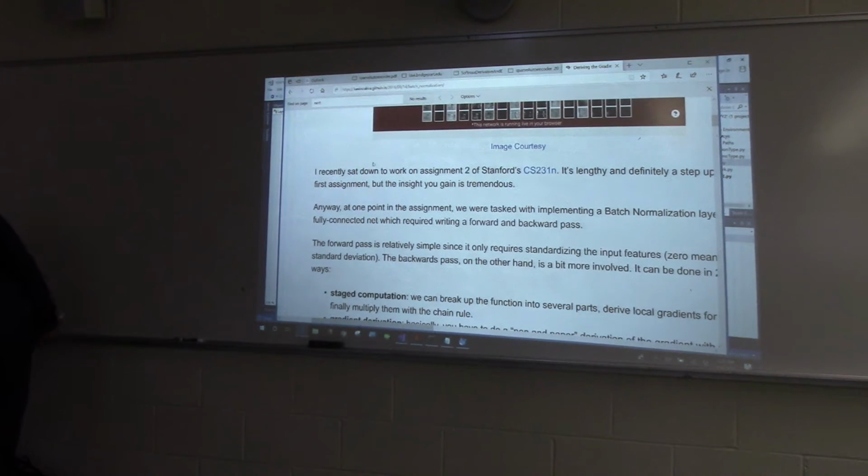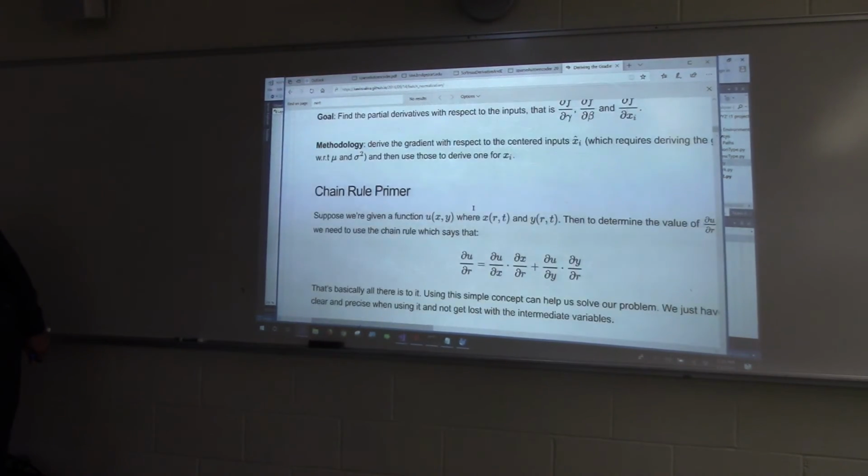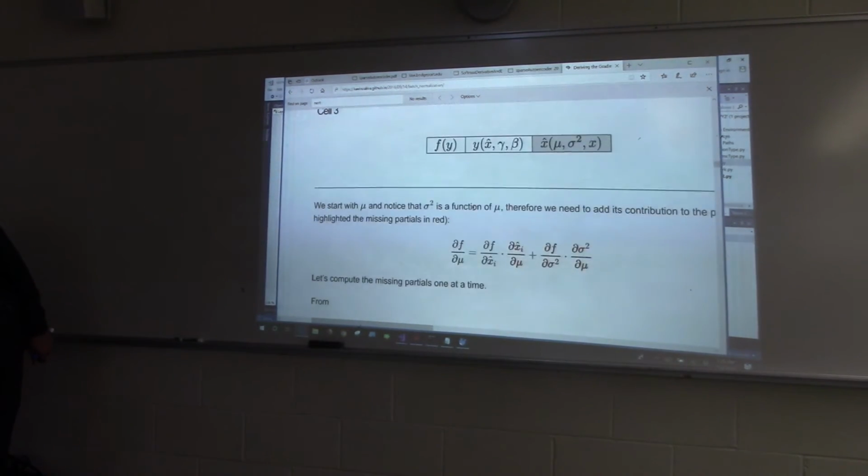Anyway, whoever wrote this article said, I recently sat down to work on assignment 2 of Stanford. It is lengthy and definitely a step up from the previous one, but the insight you gain is tremendous, right? So that's why I think it's important for us to understand this. Okay, so anyway, let me just briefly show you the math over here. So if you go through,